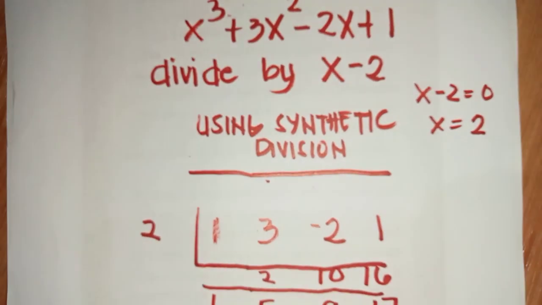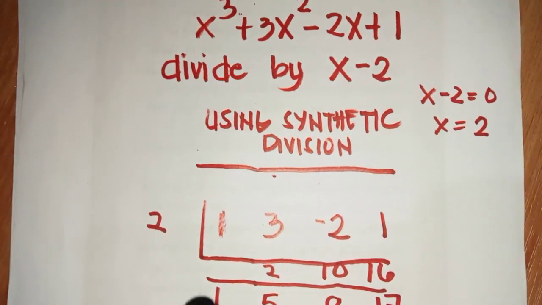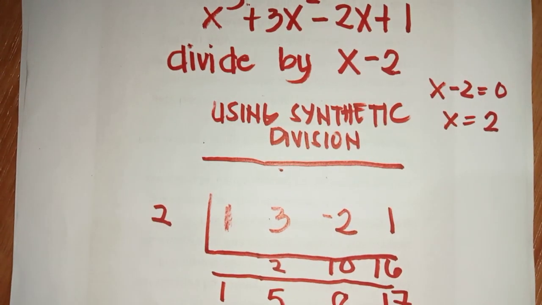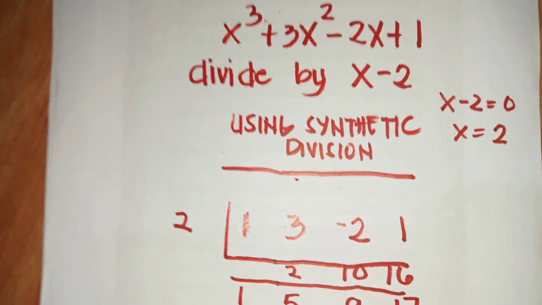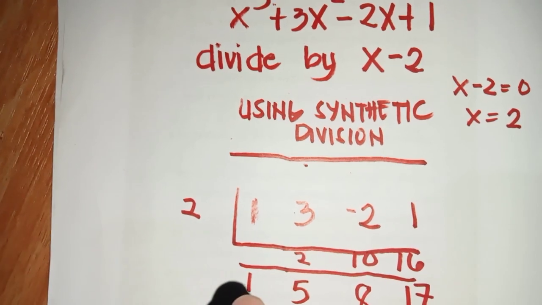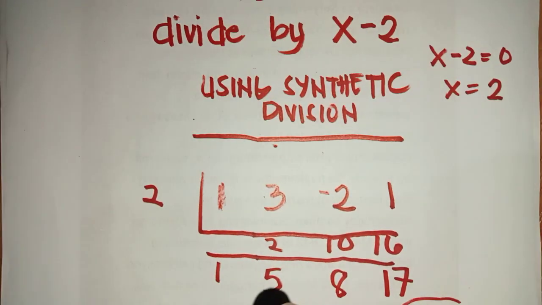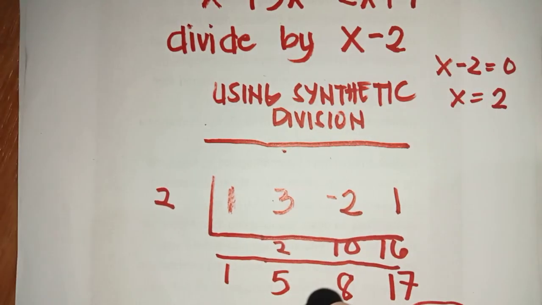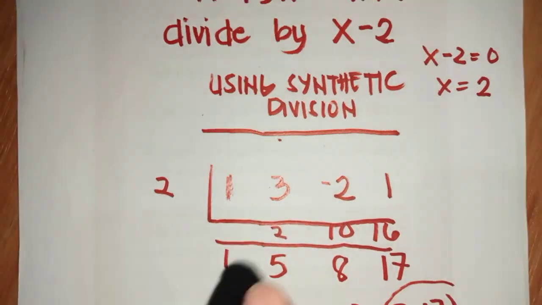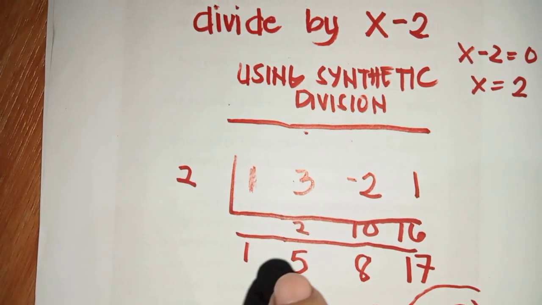Then next, I wrote a horizontal line. Then after that, I'll bring down the 1. So always bring down 1, then 1 times 2 is 2, then 3 plus 2 is 5, then 5 times 2 is 10, negative 2 plus 10 is positive 8, 8 times 2 is 16, then 1 plus 16 is 17. So this result will be your numerical coefficient